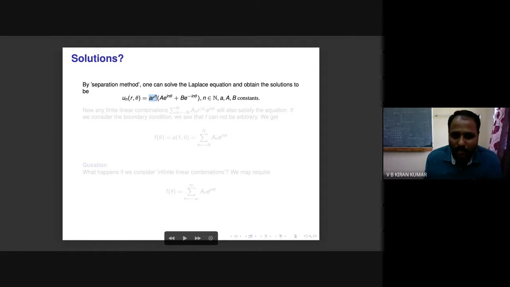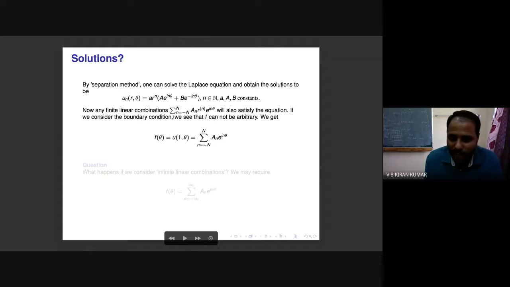A r raised to n, a e raised to i n theta plus b e raised to minus i n theta, where n is any natural number and a, b are constants, any constant. So this will actually satisfy the Laplace equation. Okay. Since it satisfies the Laplace equation, and the Laplace equation is a homogeneous equation, any finite linear combination of